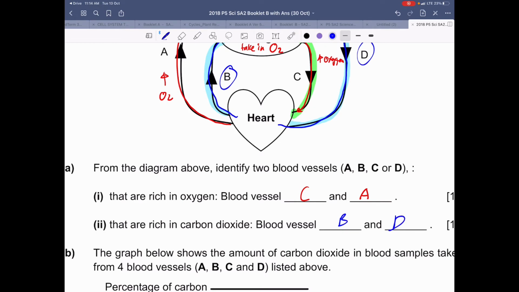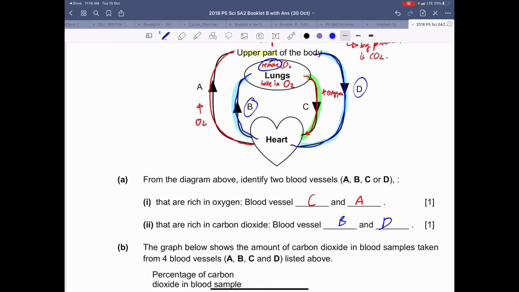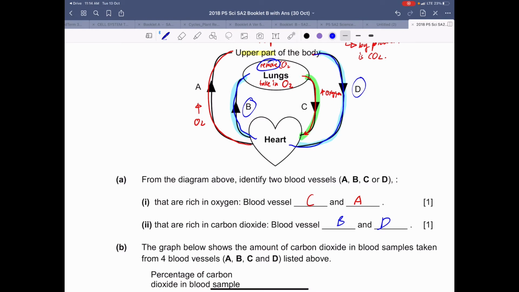Alright, so in exam, you need to be able to justify like that. Always ask yourself, blood that is coming out from all parts of the body, I don't care whether it is the upper part, lower part, other organs, the head, the arm, is rich in carbon dioxide, because the cells there will have carried out respiration and all the oxygen will have been used up. Instead, carbon dioxide is produced. This carbon dioxide needs to go into these blood vessels to be carried back to the heart, and then from the heart to the lungs to be removed. Okay,